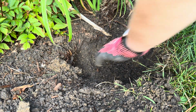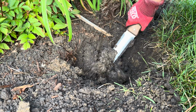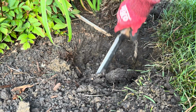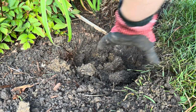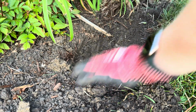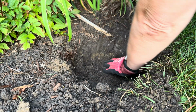So I thought I'm going to try to give this rose, especially this time of year, which is a challenge to plant in this heat, the soil is nice and warm, but it's going to need a little bit of amendment in this planting pocket. So I use this hori-kori knife to remove the soil because it is so heavy. And that way I can tell if I have anything else planted in here. I want to just check out the soil. So this was a bit of a tedious process, but again, it's the best way to see what your dirt